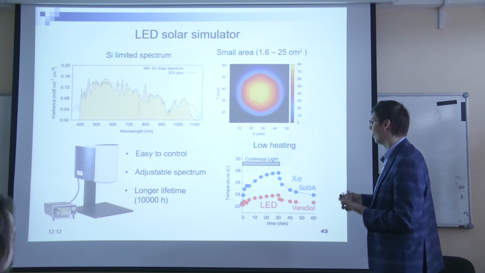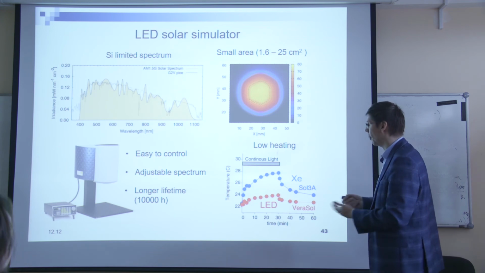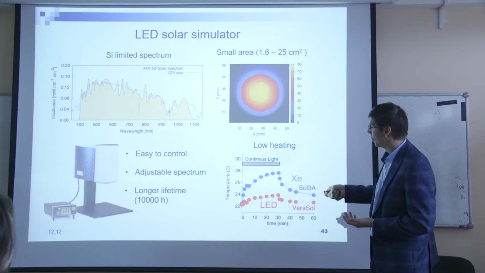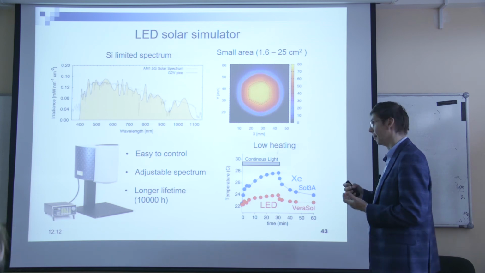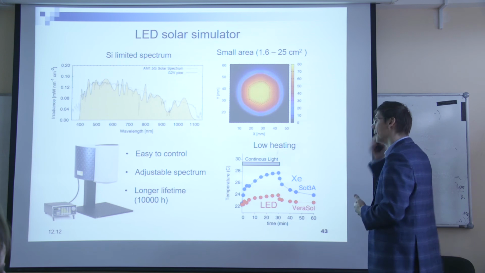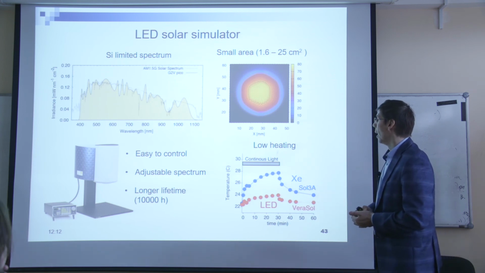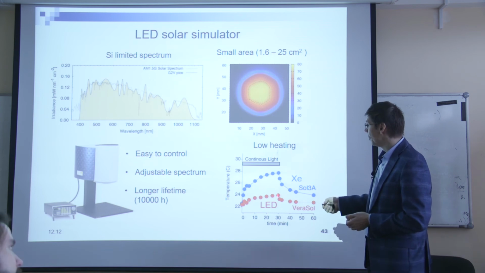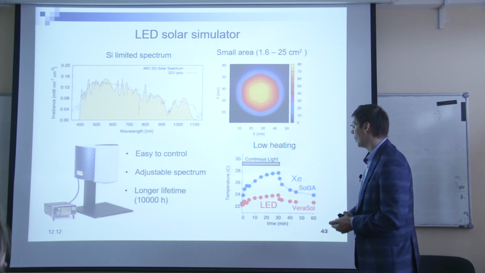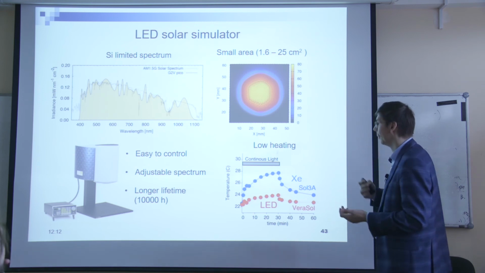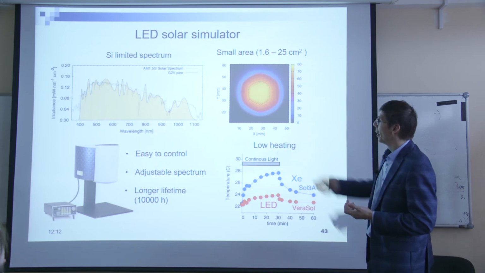So still a question, because it depends on your system or the cooling system. I would say this heating is quite small, so it means that there is some cooling system for the solar cell. But for LED there is almost no heating, and actually it's quite expectable, because once you have